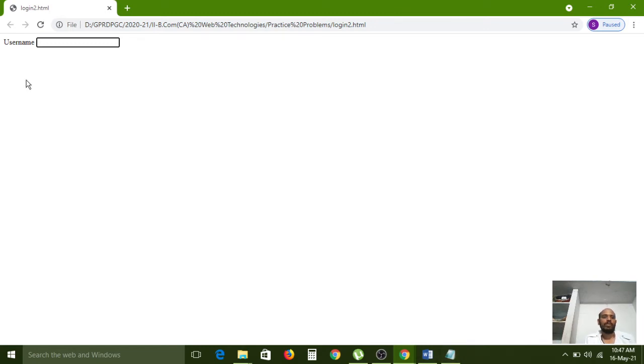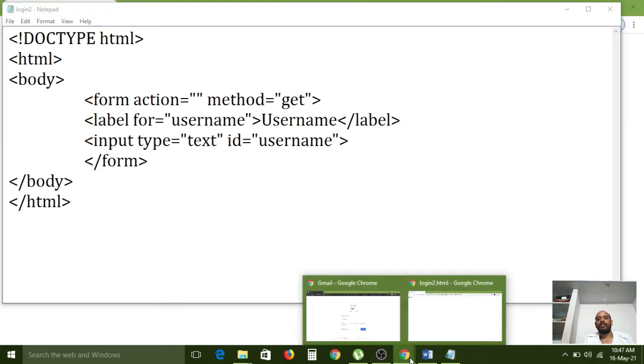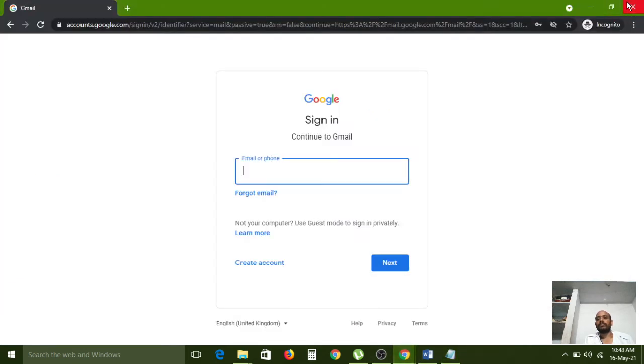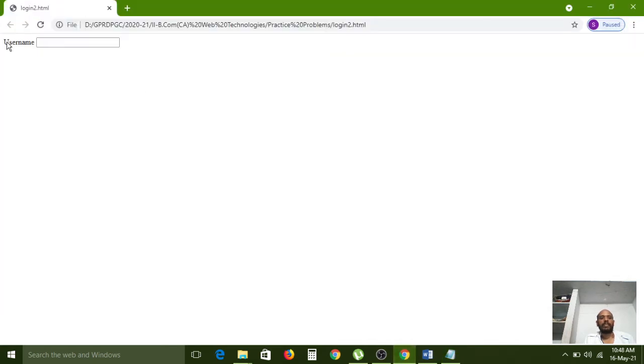If you touch on username, then the cursor will blink directly in the text box. So we need to give that relation by using these two attributes, the for attribute and the ID attribute. If you give the common name, then if you tap on username on a mobile phone, the cursor will blink here only.